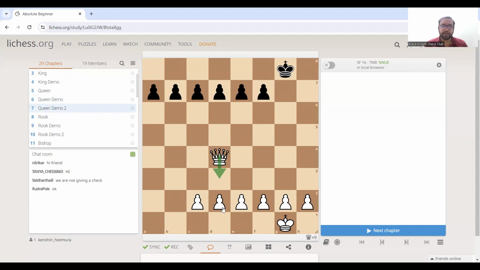Again, the queen cannot jump over pieces. So the queen would not be able to go beyond this point in this downward direction. Diagonally, the queen can still move as many squares as possible. So in the upward direction, the queen can move here and